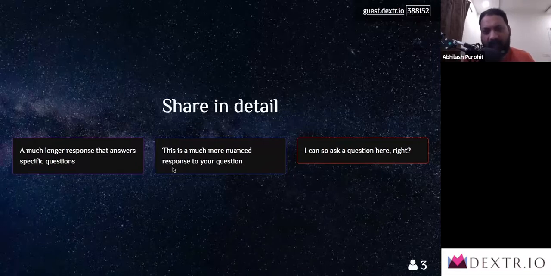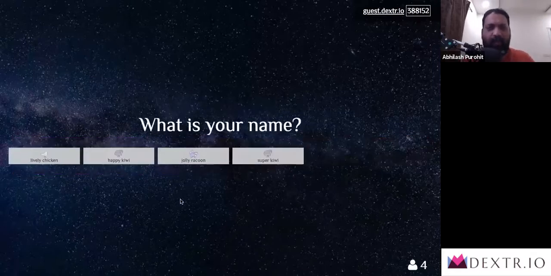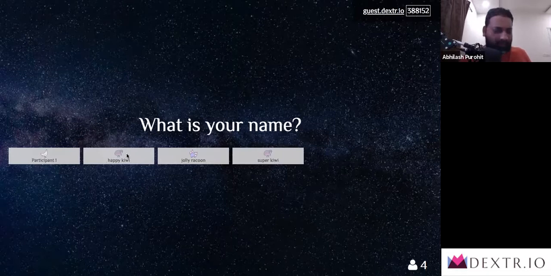That takes care of the interactive pages. And what we have now is that we have 4 participants on this. And like I had said, some fun little names, a combination of an adjective and an animal name, have been given. These are assigned randomly, and there's an icon there. So somebody has typed their name as participant 1. I am going to type my name. I am the Jolly Raccoon, as you can see here.